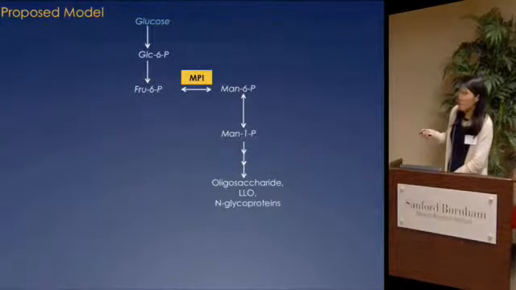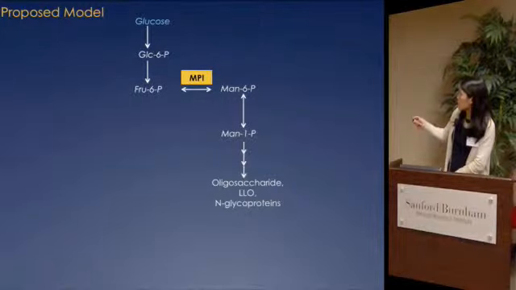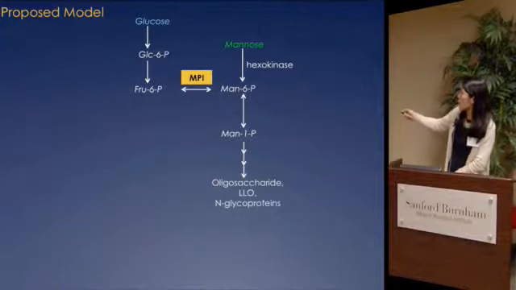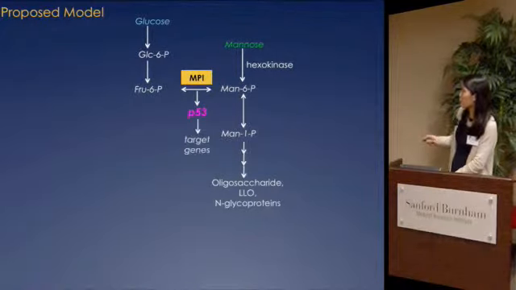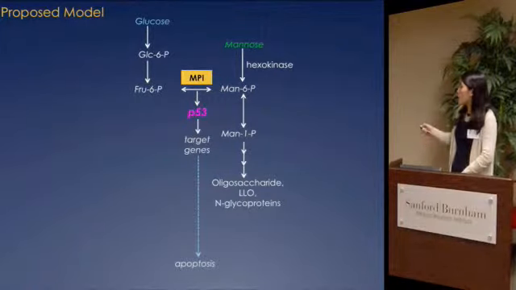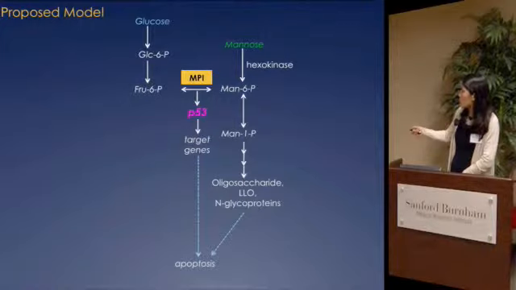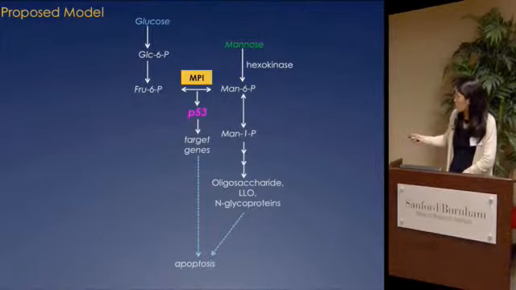So our model, and what I hope I've shown you today, is that phosphomannose isomerase, MPI, sits as a fulcrum, an important modulator, not only of glycosylation, but it also upregulates P53, and we see its target genes are upregulated as well. That leads to apoptosis. We don't know whether a specific glycoprotein may still be contributing to this, and whether the abnormal glycosylation of that may lead to this apoptosis.